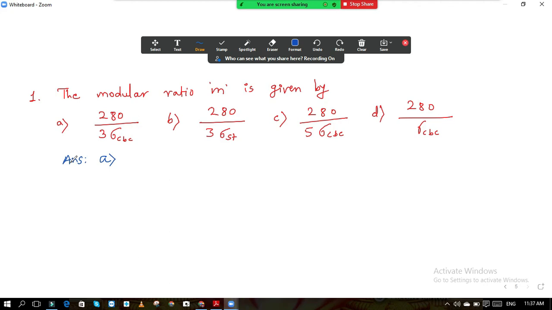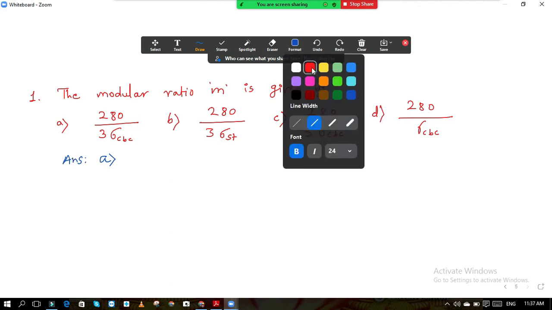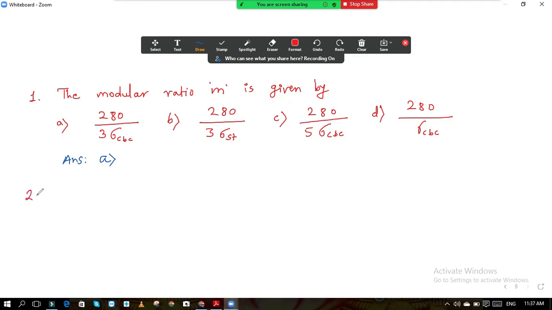Okay, so now this is the first question. Second question. These are the questions which I am taking right now. They are asked multiple times in different examinations, and from those I have chosen. The questions are many more, but the frequently asked questions I have gone through, and those I am putting in front of you. Okay, so next,